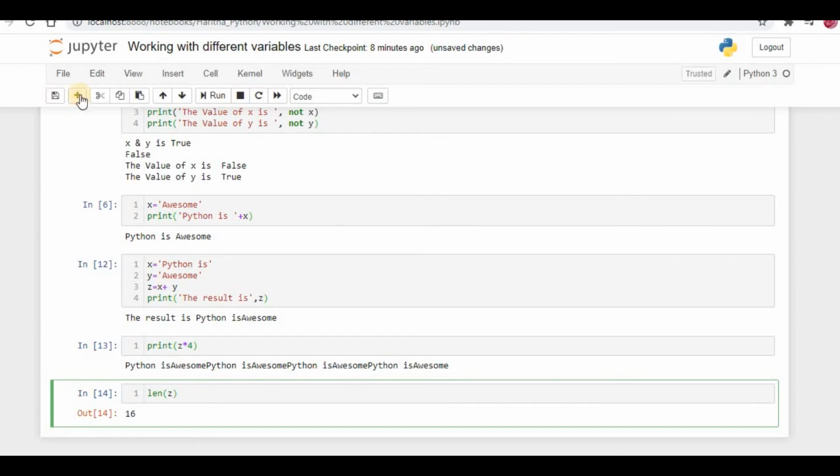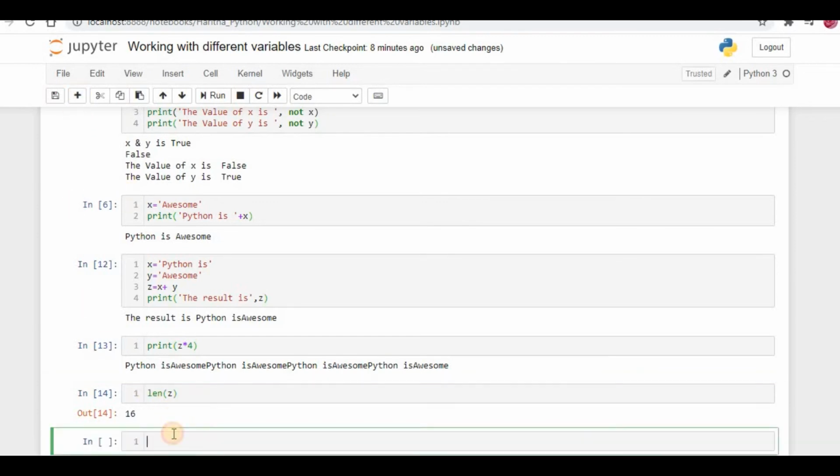For example, if you want to change this, I will just change it here. I'll write x is equal to Be Inspired, and now y is equal to very nice educational channel for Max.